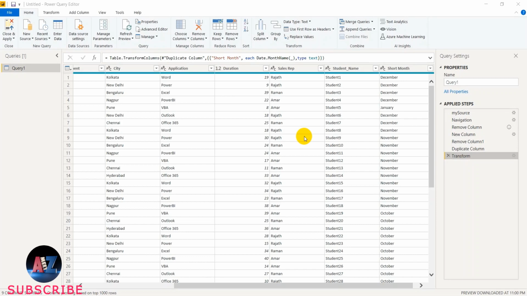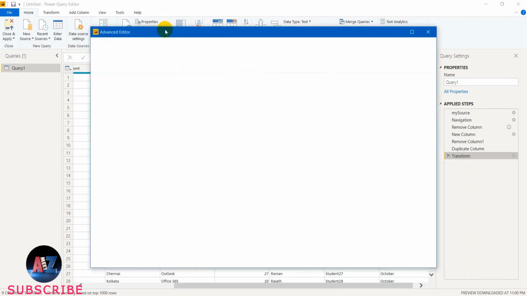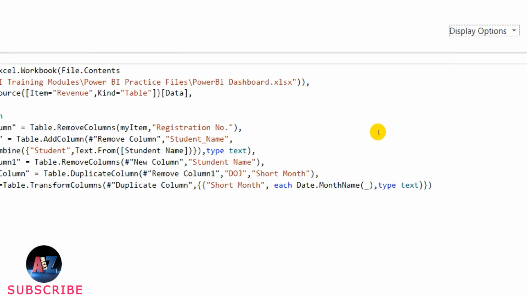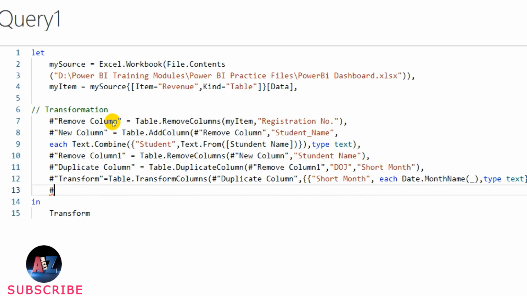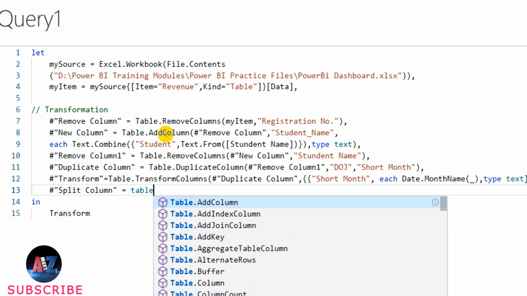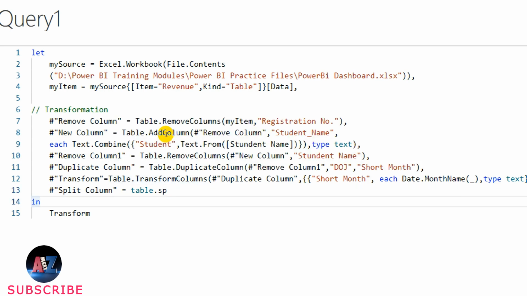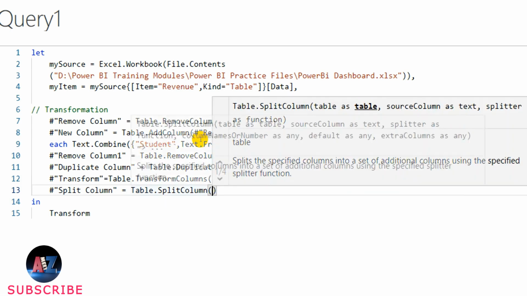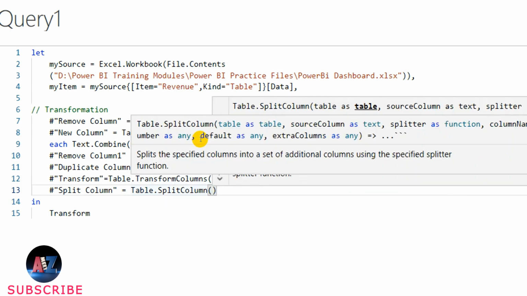So now let me get into the advanced editor. There I need to add a new step. So it is a comma. Next, the name of the step is split column equal Table.SplitColumn, and the previous step, we should not forget about it.